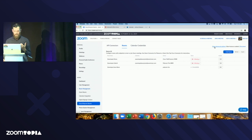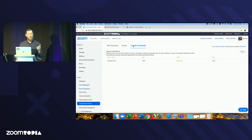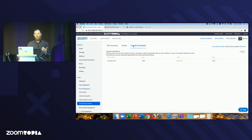And then from there, one thing that I like to hit on is the calendar credentials tab. So when you put in that room resource, we're actually going to go out and auto-discover your O365 or Exchange tenancy or G Suite tenancy and provide back here the domain tenancy so that we can provide those service account credentials that has full delegation access to that room resource. Because we're actually going to leverage that delegation access of